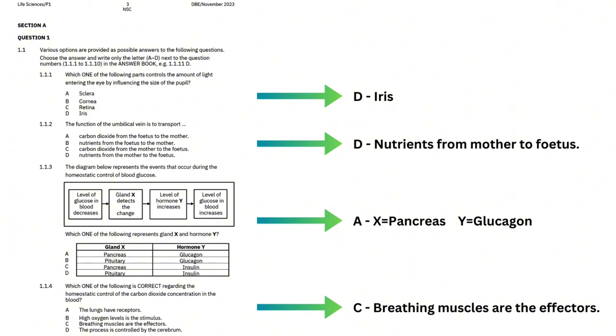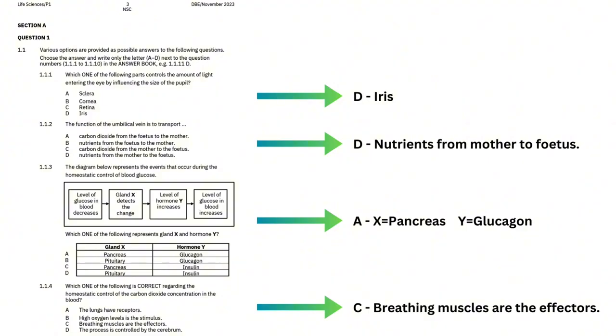Okay, so the first section, section A, is going to be multiple choice. We start off with question 1.1. Various options are provided as possible answers to the following questions. Choose the answer and write only the letter A to D next to the question numbers in the answer book. Example: